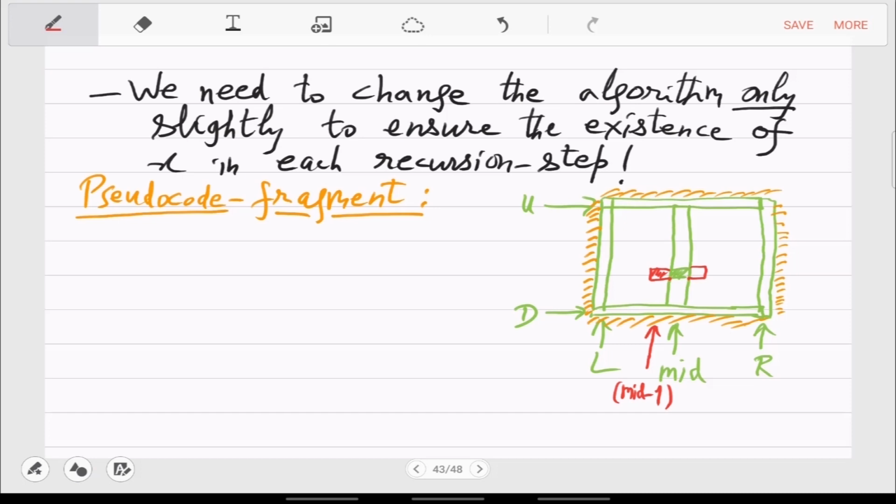Now, if the red element is smaller than X, then it is fine to go along with the old pseudocode. But in case X is smaller and it lies on the other side, for example if X lies here, then you should go the other side. Even though the neighbor red of green is smaller, you should not take the left half, you should take the right half.